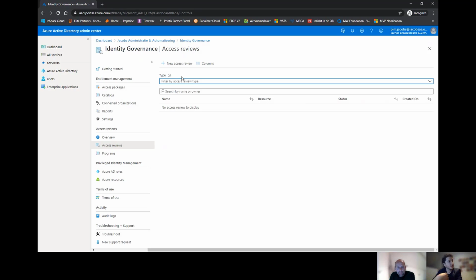What I can say is I challenge the user if he or she still does need access, and if the user doesn't respond or denies the access, I can say disable the account and remove it after 30 days. In simple words, I'm not sure if that's the answer to your question, but that's a feature which is in there. So if you're talking about housekeeping of guest accounts, yes, it's in there.